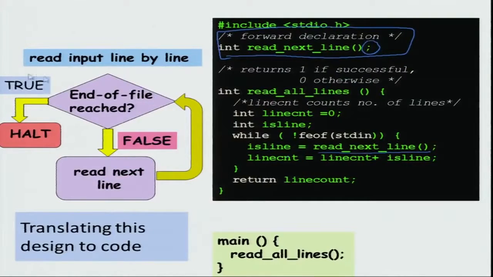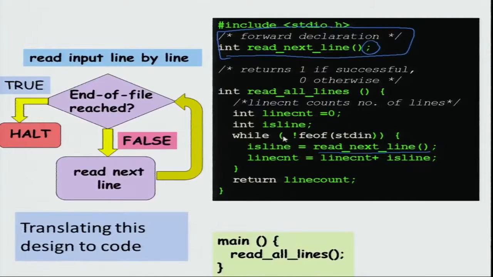Okay. So, let us design the top level function. We declare this function that we will use in this function that we are about to write. This user function will be called read all lines. Now, in that we will keep a line count initialized to 0, and then I will keep a flag